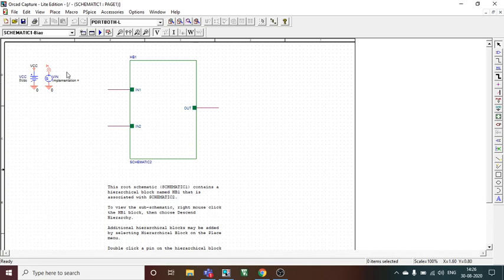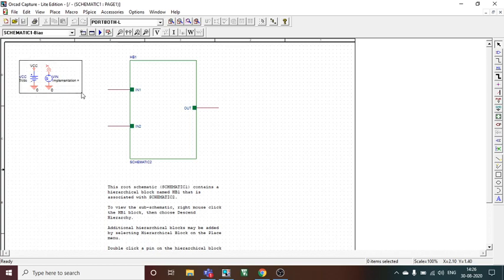And right now we will be concentrating on designing an AND gate. So AND gate has two inputs and one output. So it will be very easy for us to understand this because here we already have two inputs and one output. So we don't have to make many changes for basic gate AND gate. So let's start with a few things which are very important.